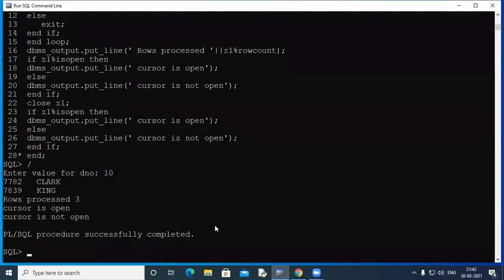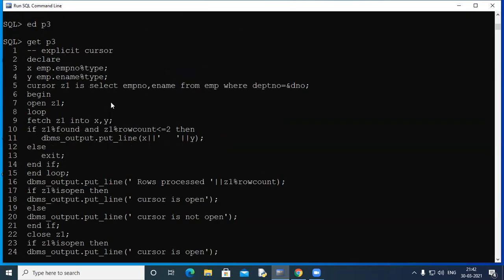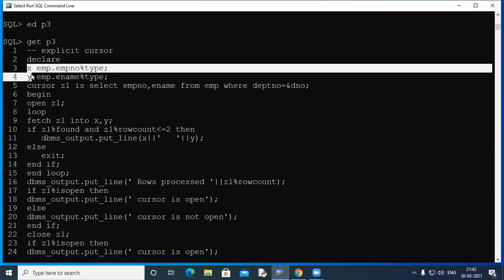Okay, so let's now write an explicit cursor. This is a small problem for all of you. We'll be interacting on it to display employee details for a specific job. I want to display some employee details. Okay, so I'm not mentioning how many. So we'll be using a %ROWTYPE attribute now. Like in this example that's listed on the screen, we picked up these 2 columns. That's why we declared 2 variables here with the %TYPE attribute.